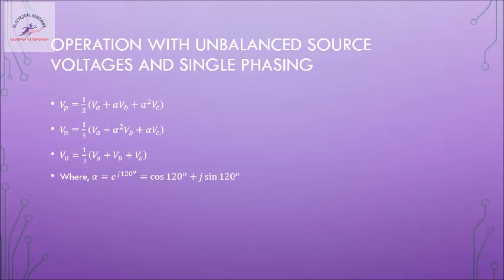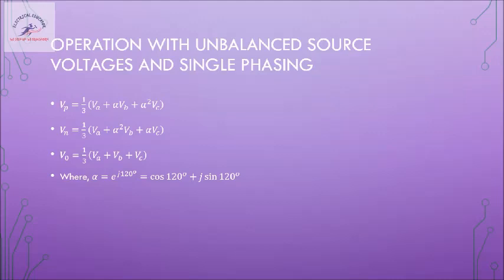Using this, it is possible to identify the magnitudes Vp, Vn and V0, represented by three symmetrical quantities. From there, it is possible to get the unbalanced voltages. If you know Vp, Vn, V0, it is possible to find Va, Vb and Vc. It is not difficult. Or if we know Va, Vb and Vc, it is possible to find Vp, Vn and V0, just for analysis, because now we know that Vp is a balanced vector, Vn is also a balanced vector in opposite direction, and V0 is a DC component.